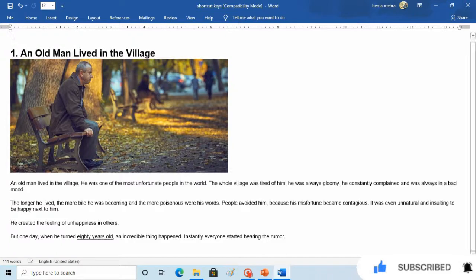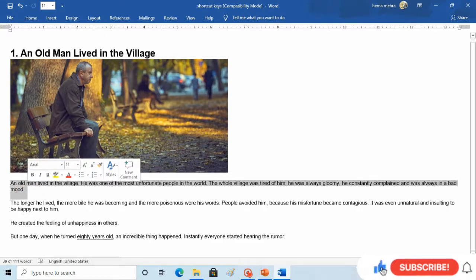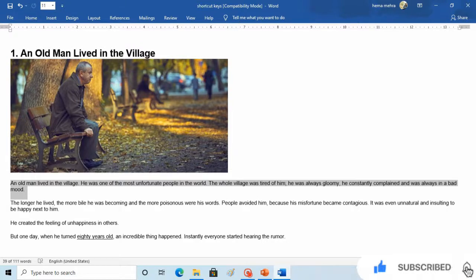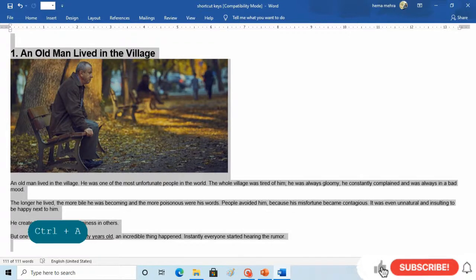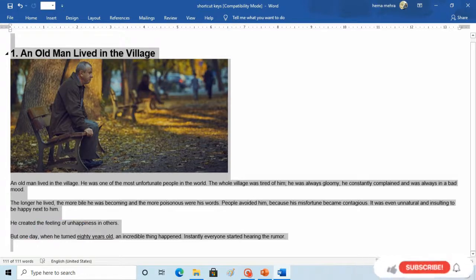Now if you want to copy anything, like this first line, I want to copy this and paste it somewhere at the end of the story. So press Ctrl plus C. Ctrl plus A is used to select all the text and all inserted objects in the document, and this will help us to do editing after we do selection.